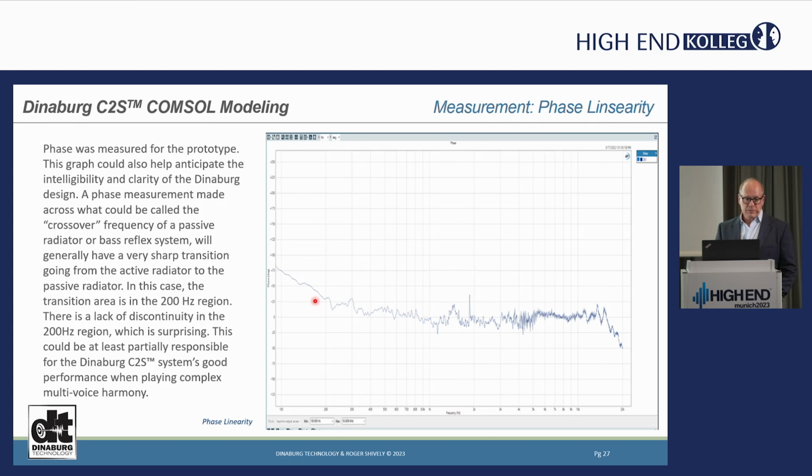This could be at least partially responsible for the Dieneberg alignment's C2S system's good performance when playing complex vocal harmonies. One of the things that we did, not only with the realistic prototype but also in simulation, is that in the simulation we could auralize the results,